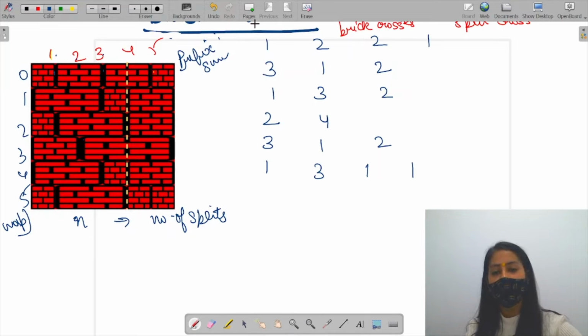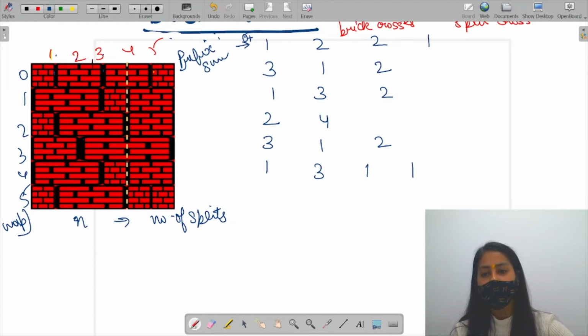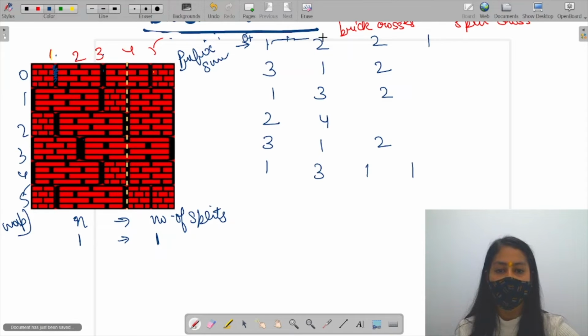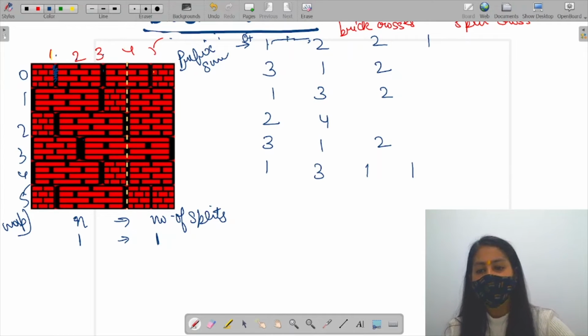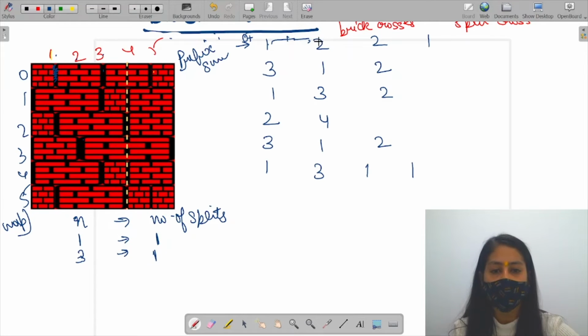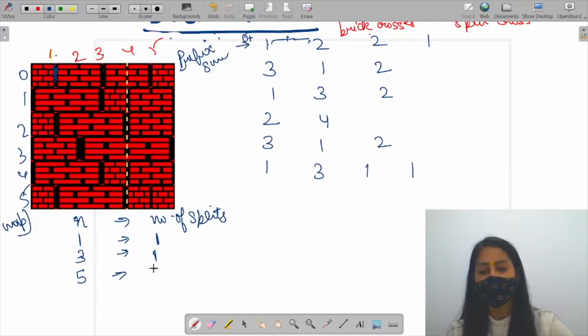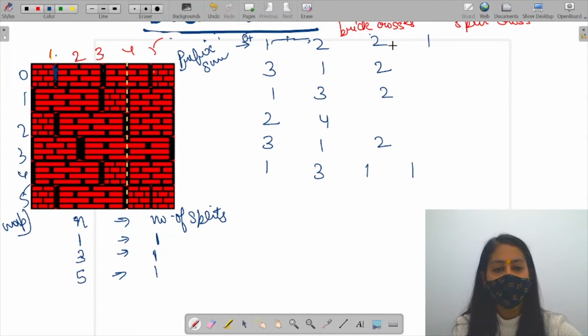The key represents these points, and the value is the number of splits, right? So how will we find it? We will move to the first row. The prefix sum is initially 0. So 0 plus 1 is 1. This is telling me that at point 1 one split is present, so I will add in the map that at point 1 one split is present. Next is 1 plus 2, 3. Now 3 means that at 3 one split is present, so I will add in the map that at 3 one split is present. Now 3 plus 2 is 5. So at 5 one split is present, right?